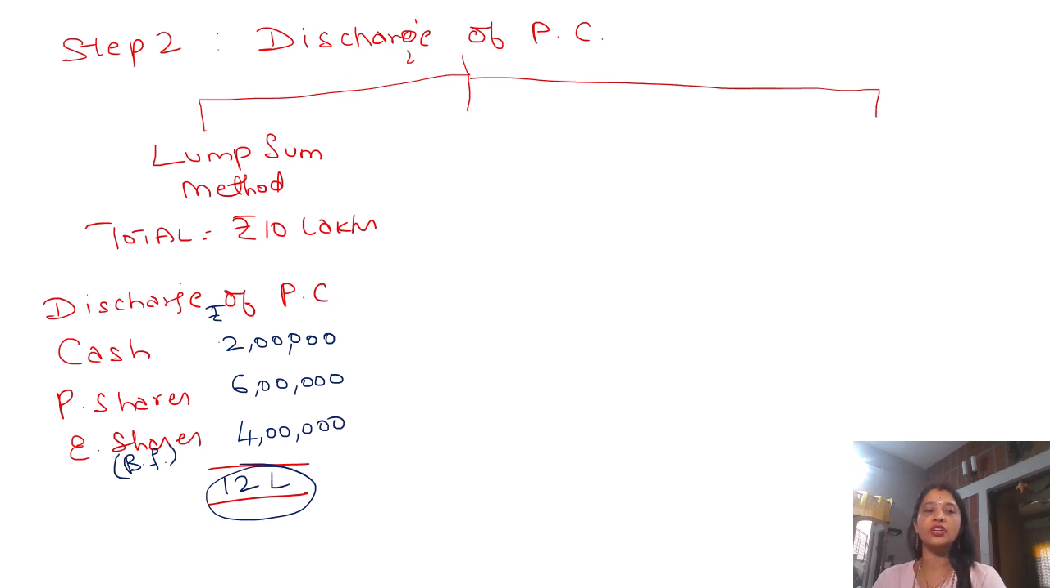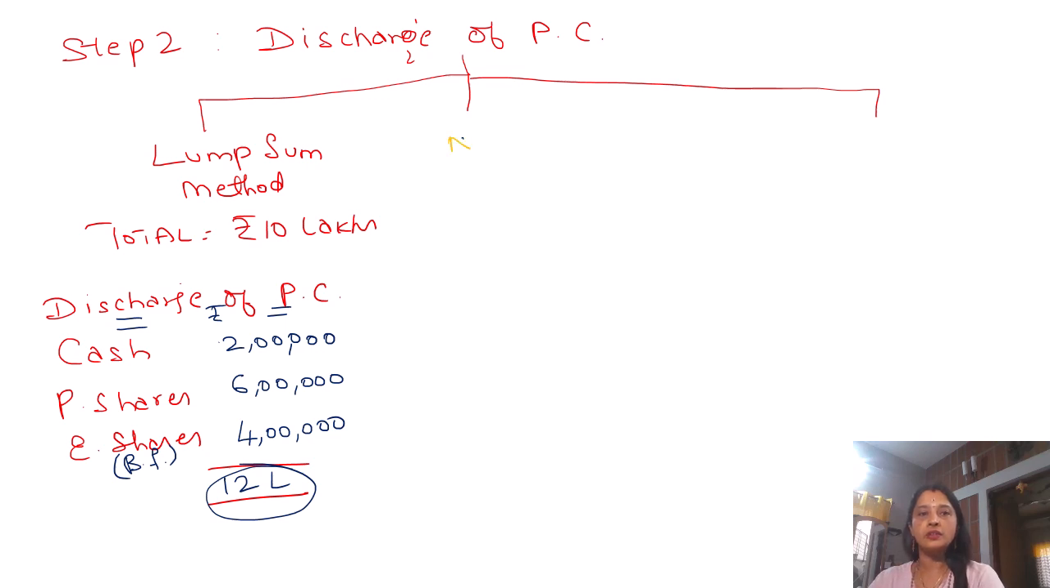So you can find out. So this is the discharge of PC. Discharge of PC basically tells you how the purchase consideration was given. So this is according to the first method. Now according to the second method, the second method is